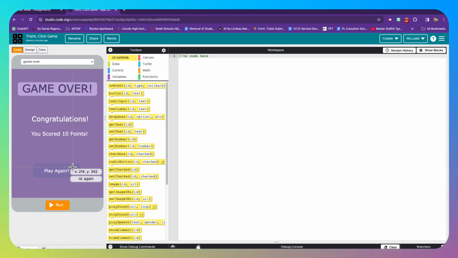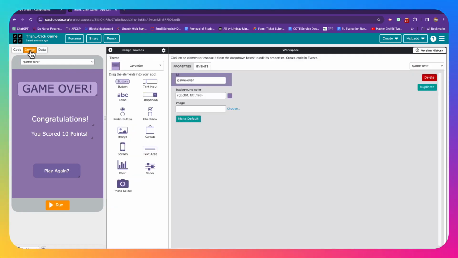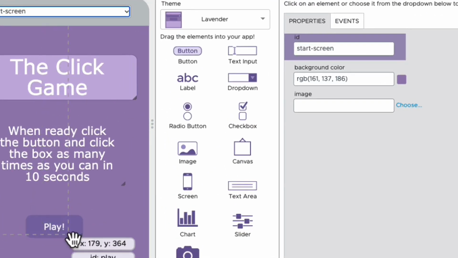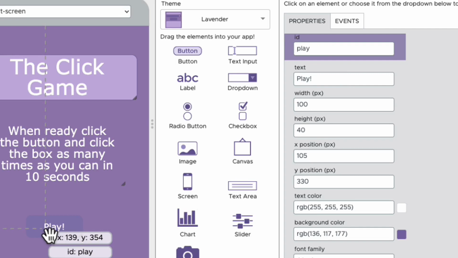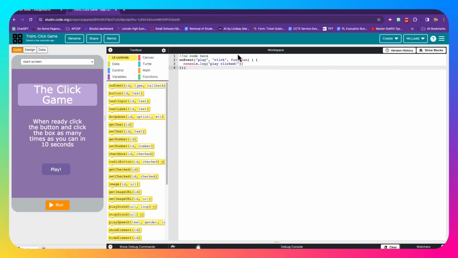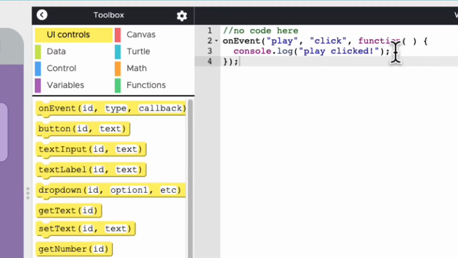All right. So let's go through the process. First thing, let's go back to our design. Let's go to our start screen. Easiest way to get an event listener on an element is to click that element. So you can see I have play, I have its text, I have all this stuff. So if I click on this events tab and I click insert and show code, you can see I've got this. Well, what I really want to have happen besides play clicked